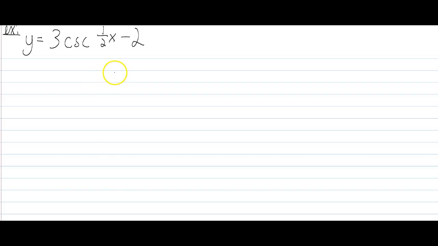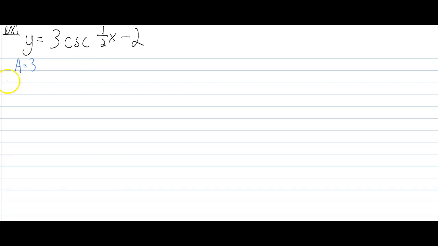This is an example of graphing a cosecant curve. Cosecant is the multiplicative inverse of sine curve. So the way that we graph this one is closely aligned with the way we would graph this as if it were just a sine curve. So I'm going to look at this one the same way I'd approach that one, noting down the important information